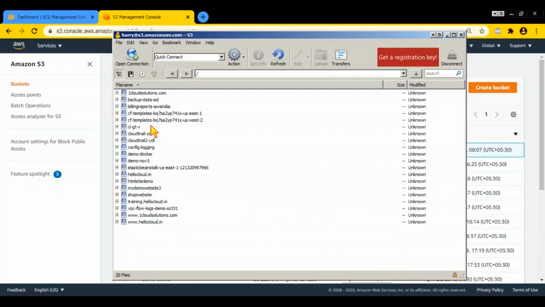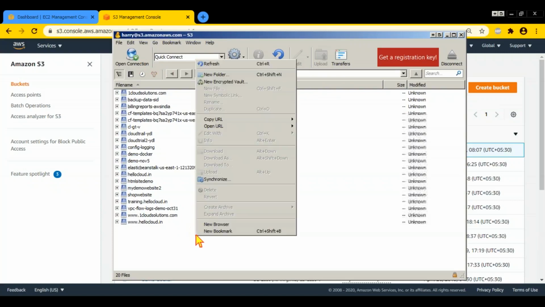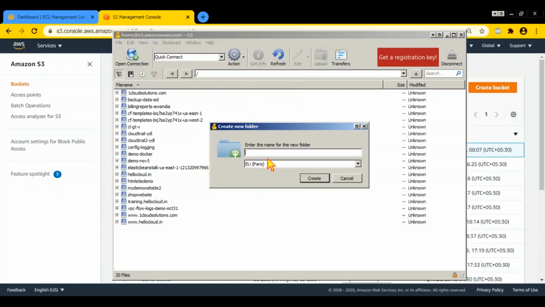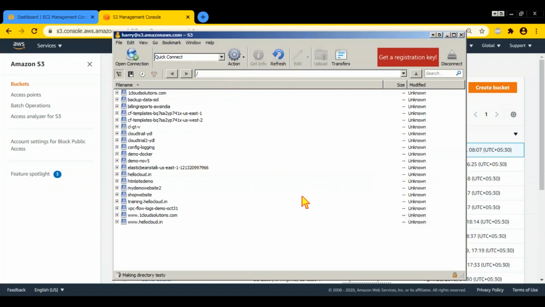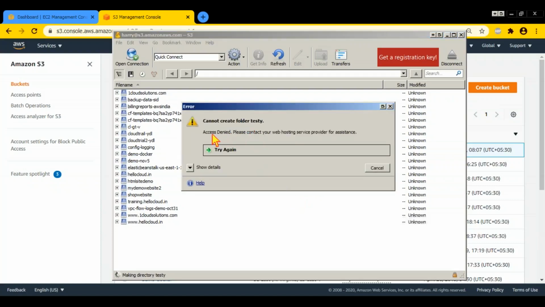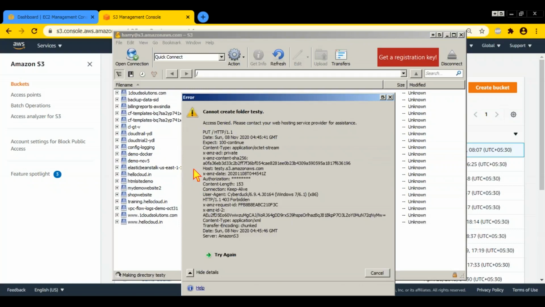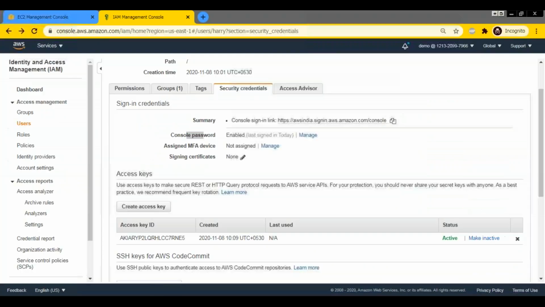Even though it is a GUI, this is actually programmatic. Even though here you use it as a GUI, AWS still considers it programmatic, right? Because everything is an API call. So suppose now I go here and do something, I say create a new folder or something. It will not allow me to do it. It will give an error, access denied. So you try to do some access and it is not allowed because you don't have the permission, because I have given only the read only access for this user.